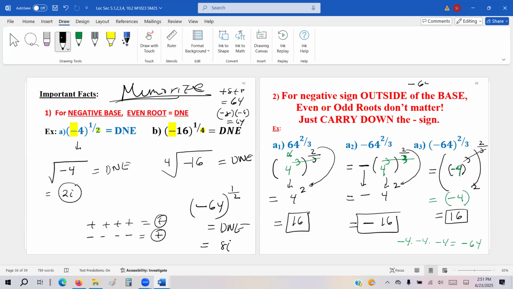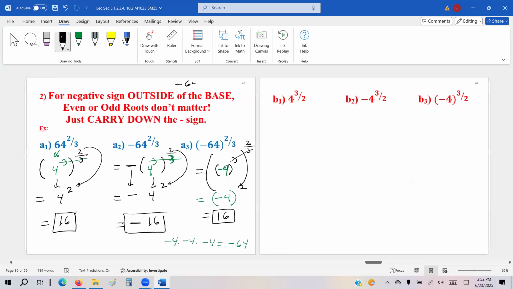So cube root, the 1/3 power. Radical of negative 64, is it real? It's the cube root of negative 64, the same as negative 64 whole thing to the 1/3 power. Can you think of a number that, multiplied 3 times, turns into negative 64? Negative 4. So see, it does exist.